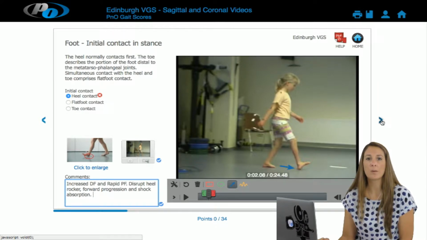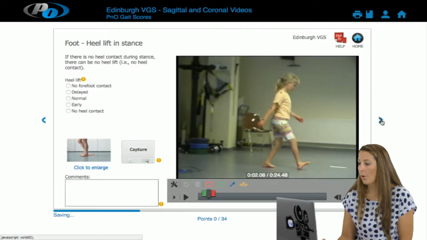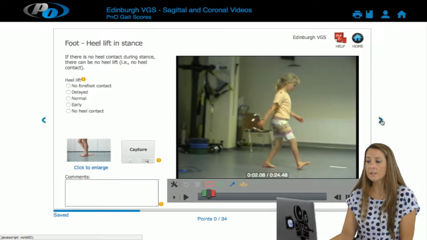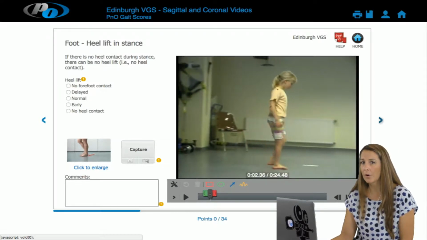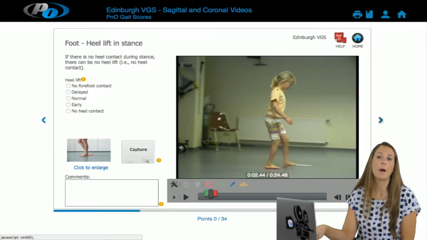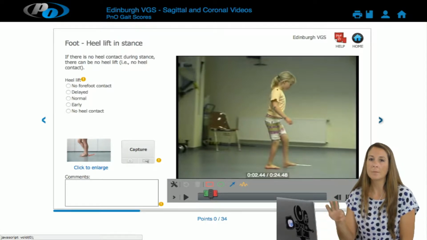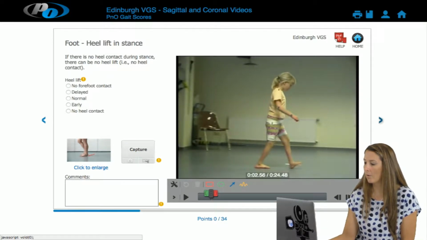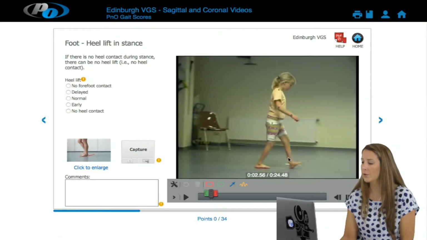we've put some notes in, we've made our decision, and we've taken our screenshot, and that's what you want to do for each of the slides. So we'll go ahead and go to heel lift in stance. So normal heel lift in stance occurs at terminal stance, I'm sorry. So we're going to go ahead and progress the video forward. I like to use my forward and backwards buttons on my keyboard, and that helps me to go frame by frame. So I'll just go ahead and go forward, and okay,